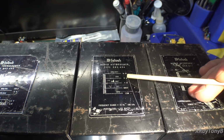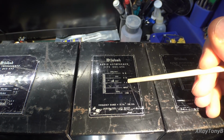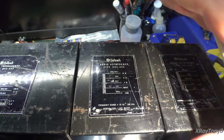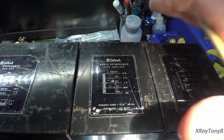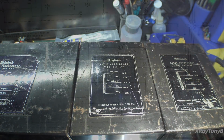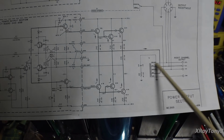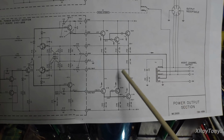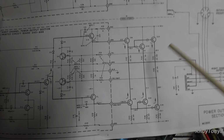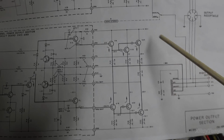And then you have 4 ohm, 8 ohm, and 16 ohm. Notice this tap is below 4 ohms. That's really critical to the design of this amplifier. And let's go a little bit over how I understand this idea and why McIntosh designed it this way. The whole purpose of this, and here's your transformer in the circuit in the schematic, is that they designed this amplifier to be approximately 2 ohms stable. In other words, it's designed to work at its optimal performance at around 2.3 to 2.5